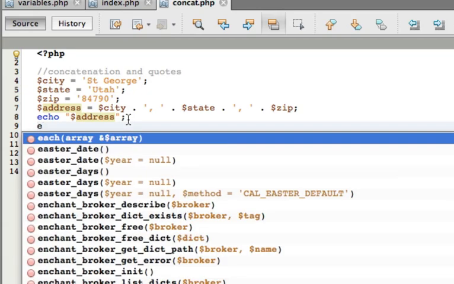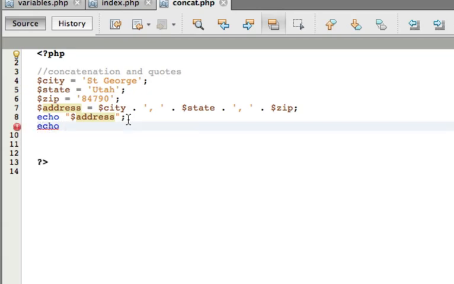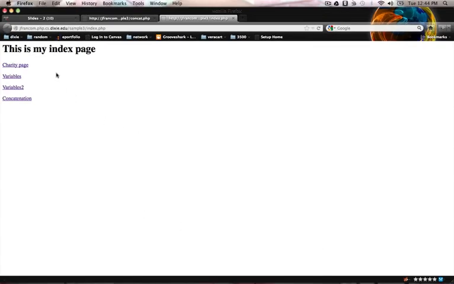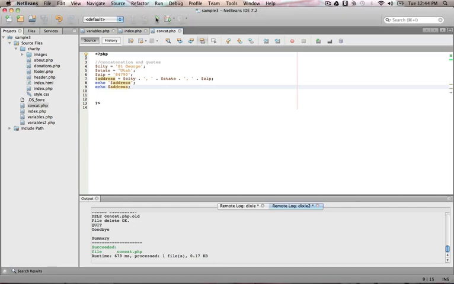Notice I had echo quote address. I could also accomplish the exact same thing like this. So there is no difference between lines 8 and 9 there. As we look at this, it's the same. We'll get the same thing, and I don't have any breaks or new lines in there, so that's why we're seeing the same thing. But if I go like this,